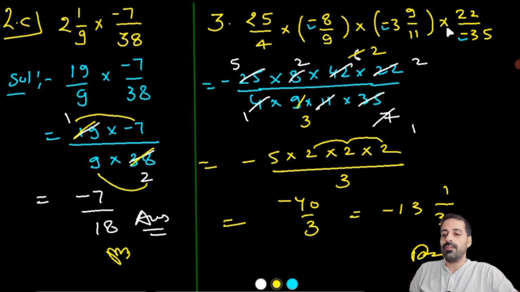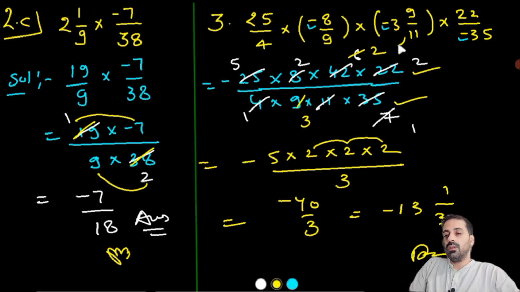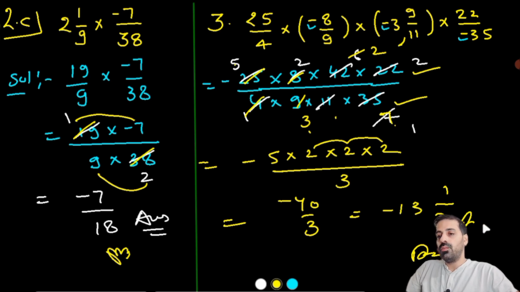Now again all the numerators multiply together here, all the denominators will multiply together here. I'll open this mixed fraction also. After opening this mixed fraction we have 42 upon 11. Now we cancel out: 4 ones are 4 and 4 twos are 8. 5 ones are 5, 5 fives are 25, 5 sevens are 7, 1 is 7, and so on. So in numerator we have negative 5, 2, 2, 2 and 3. After multiplying this we have 40 upon 3. If I divide 40 by 3, I have negative 13 and 1 upon 3 is the final answer.